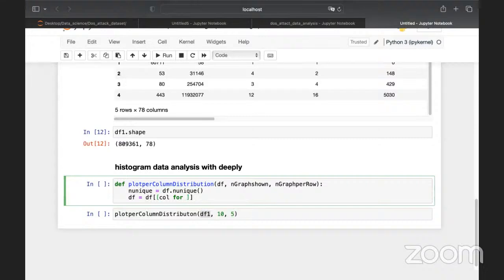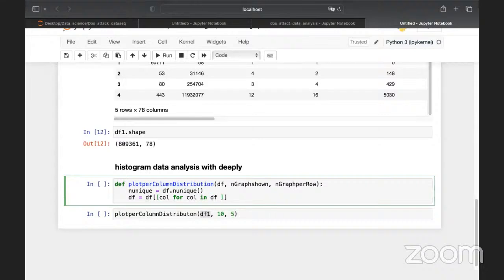I forget the name, but just look, we can run a loop inside a square bracket. That's called exactly list comprehension. So column, for column in